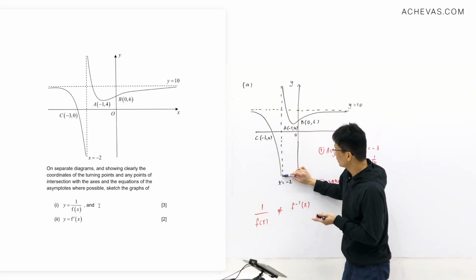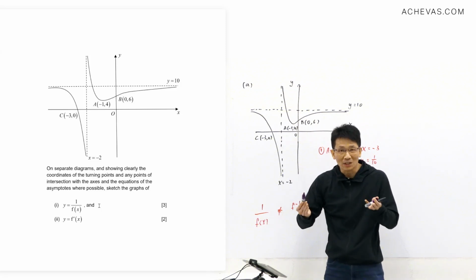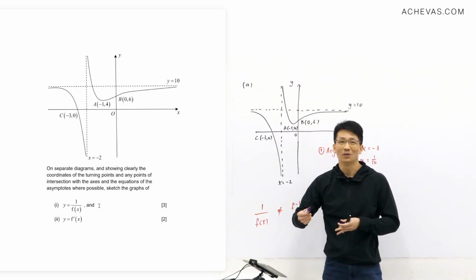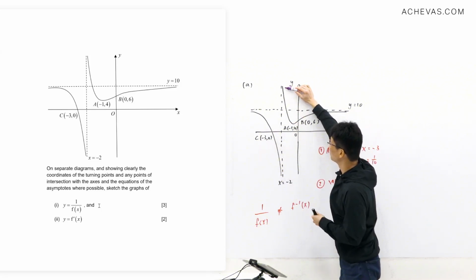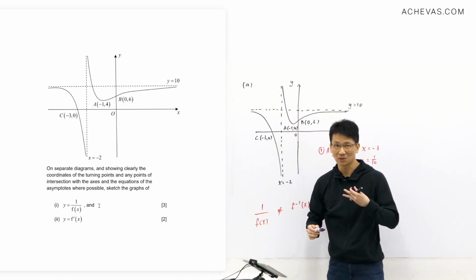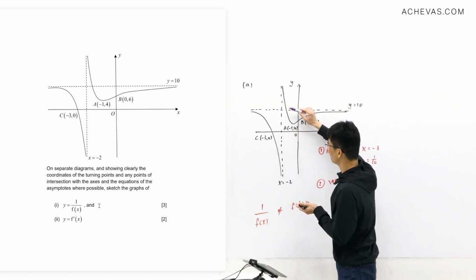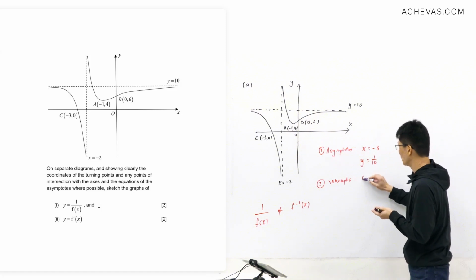Imagine you have a very large value of y, like -1 million. When you do a reciprocal of it, you will get close to 0. Likewise, a very positive value, maybe 1 million. The reciprocal of 1 million is very small, which is close to 0. So therefore, if you have a vertical asymptote, you have a new x-intercept at that point, which is at